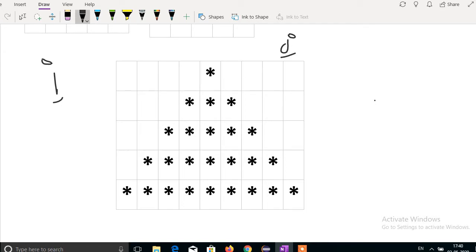Here the columns are 1, 2, 3, 4, 5. Why have I given 5? Because I will explain later. Now if you observe here,